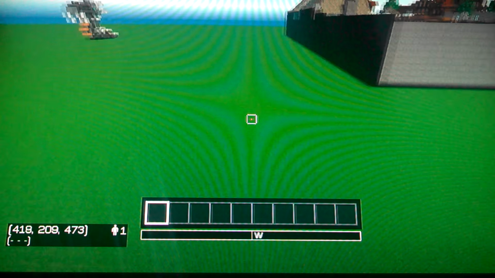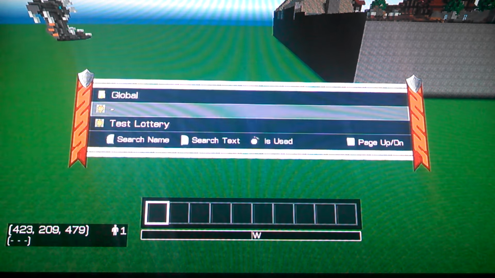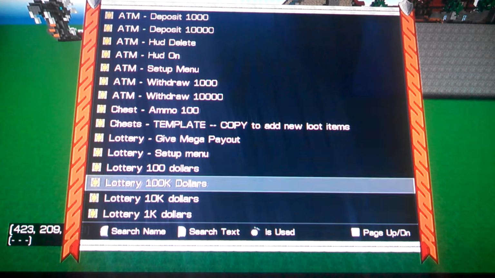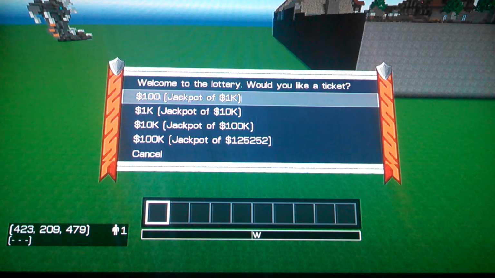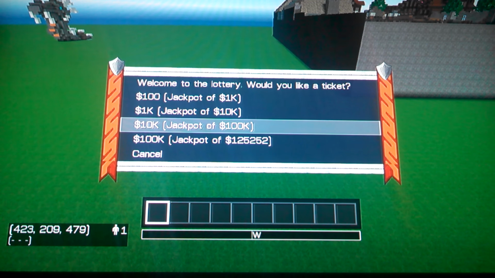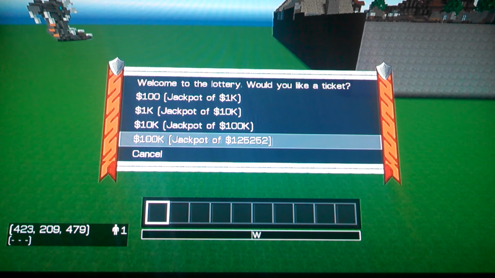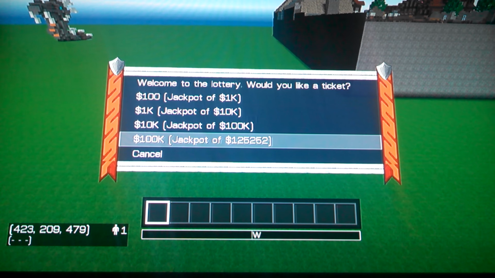In this one I'm going to show you how to use variables to make a massive payout for a lottery script. So the first thing I'm going to do is open up my lottery menu so you can get an idea of what I'm talking about. First, I've got the basic lottery, then the next one for a bigger prize, the next one for a bigger one, and at the end I have one for 100,000 to buy, but you can win everything that's been paid in out of all of these, which in this case it's